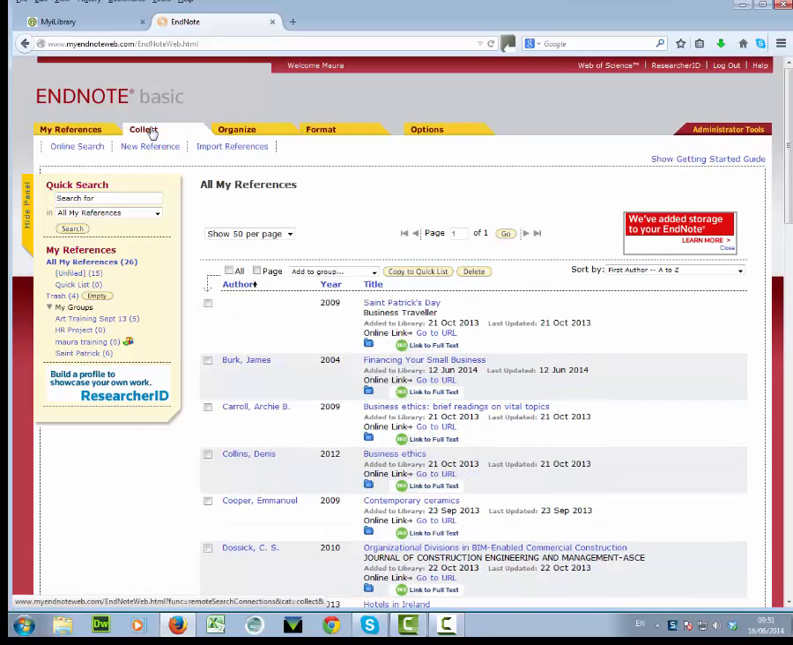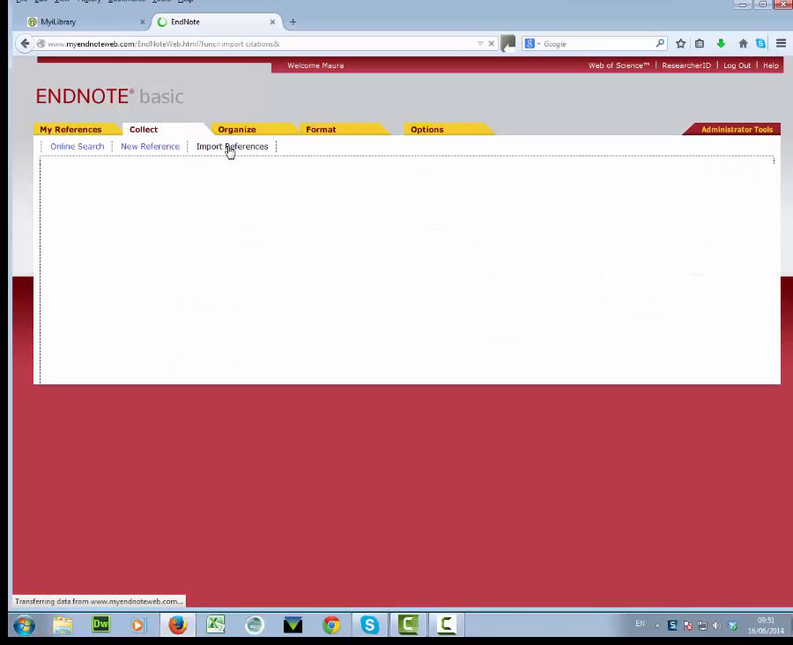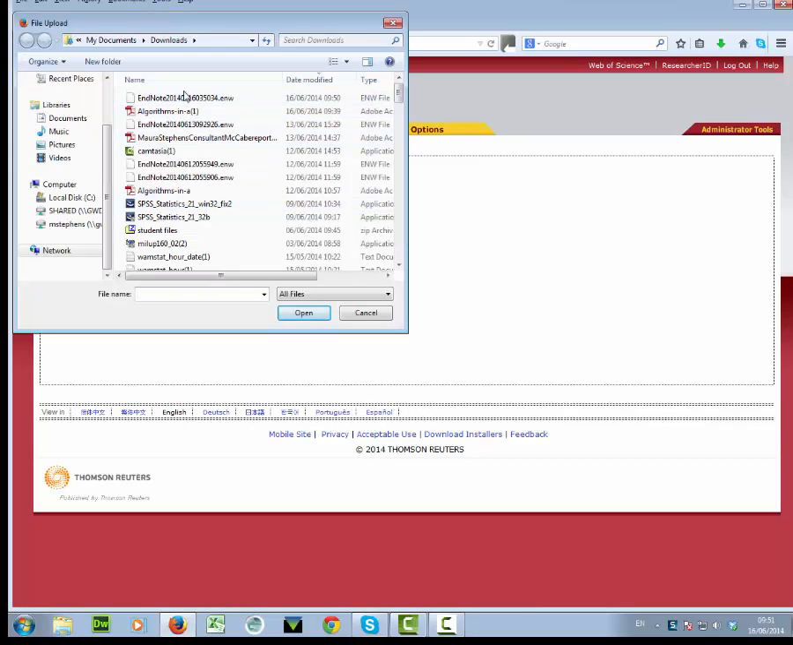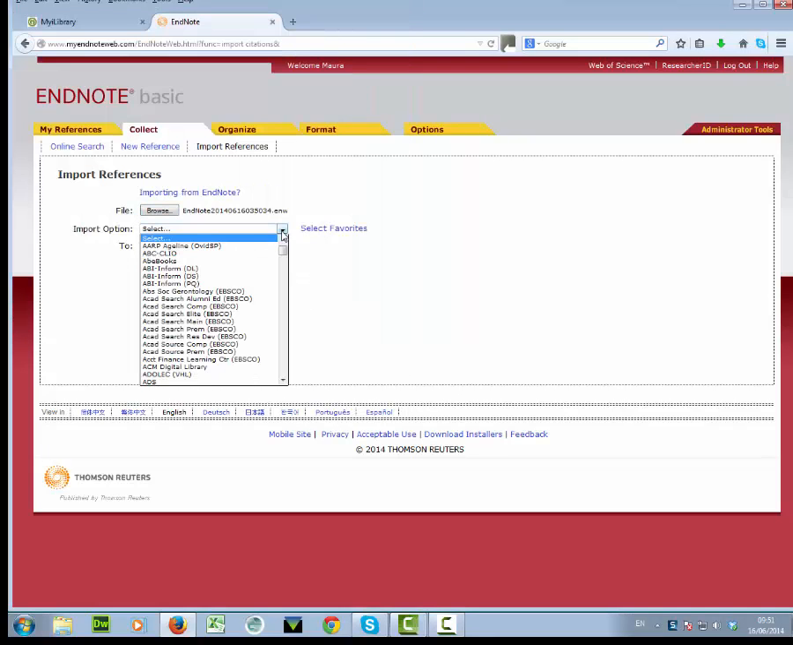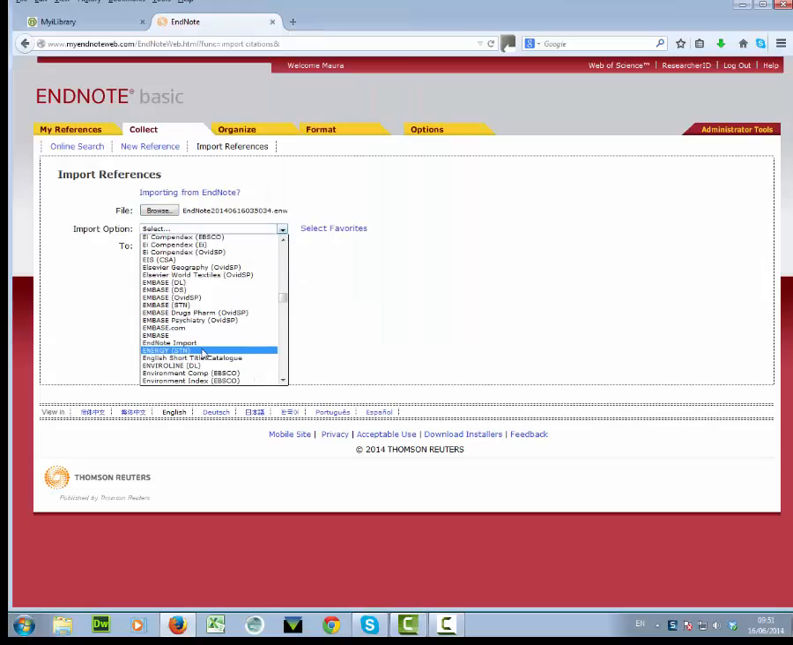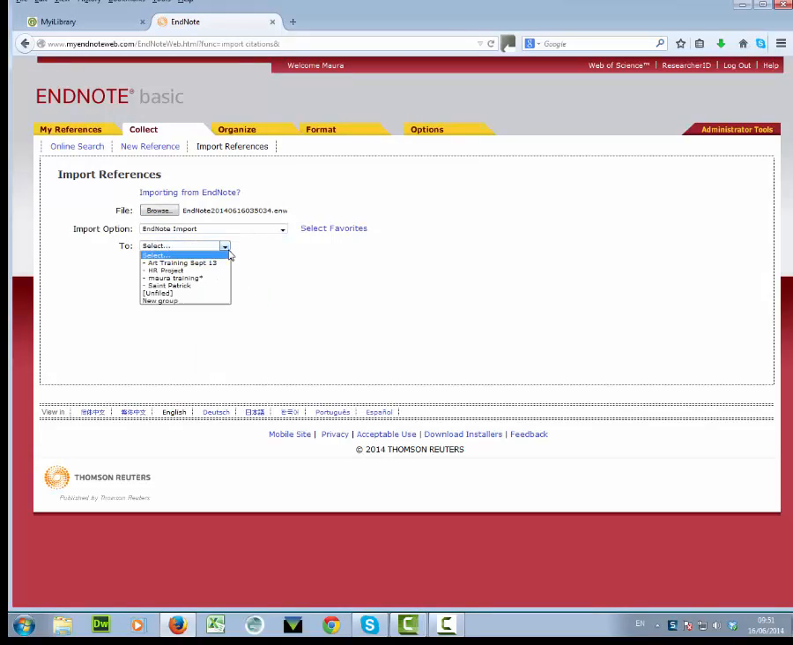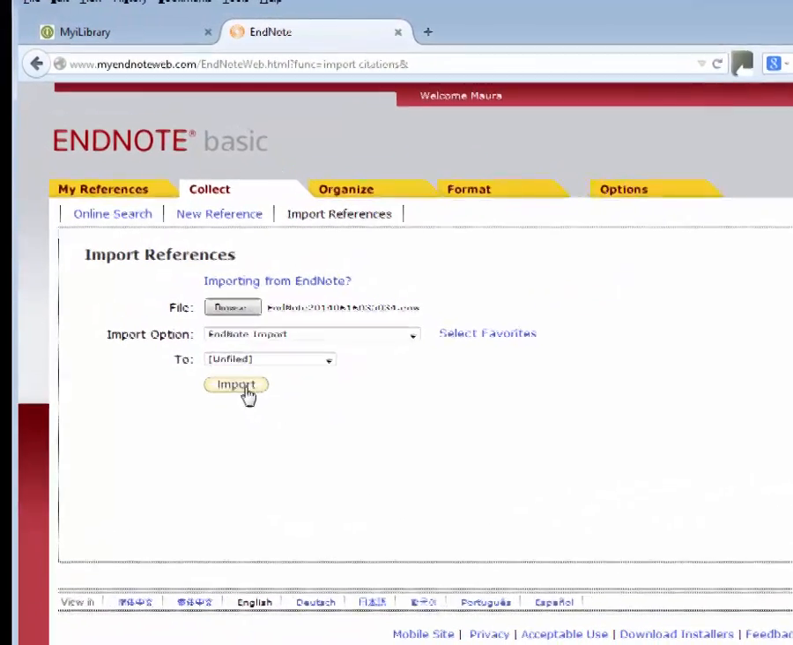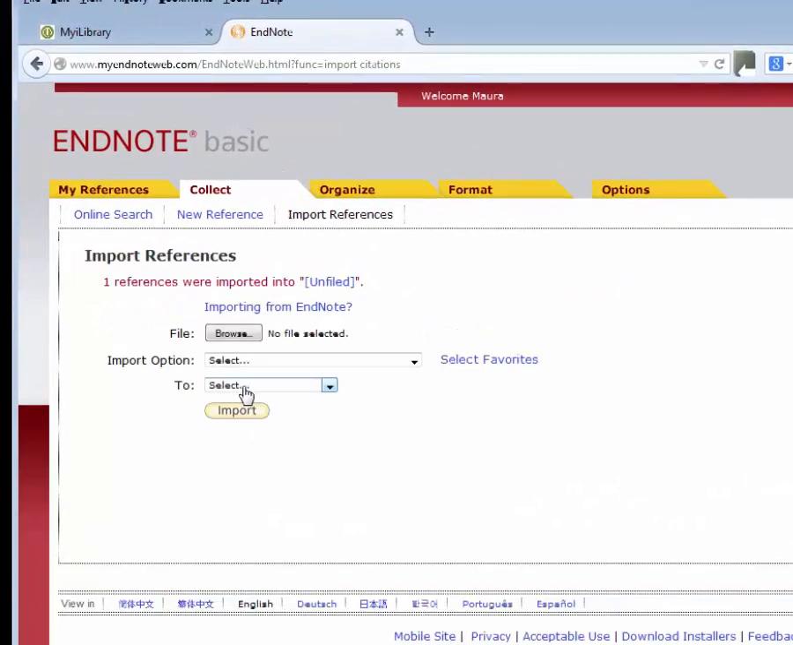and you can import it from the Collect tab. From the Downloads folder, and it comes up there. Open, and in the import option, you choose EndNote, EndNote import, and you can put it into whichever group you want. Import. It tells you one reference was imported into unfiled, so again you can look at that